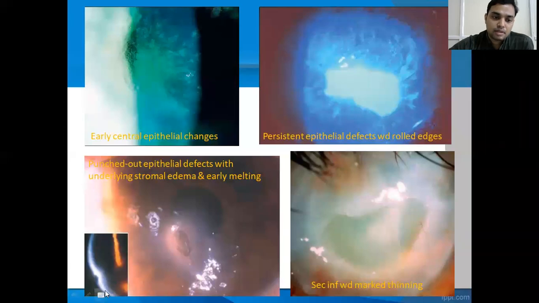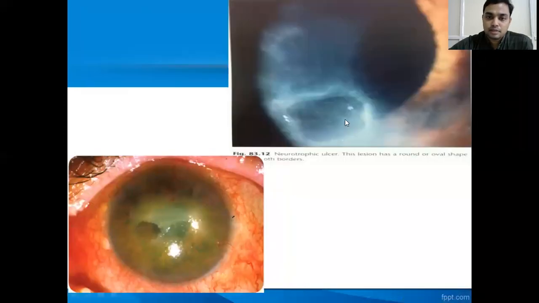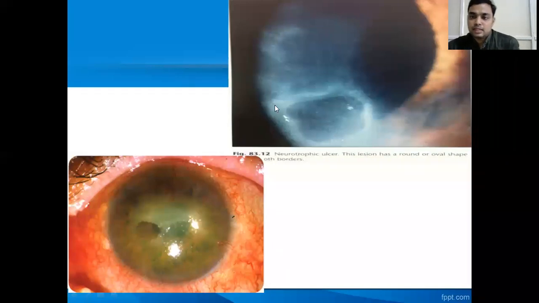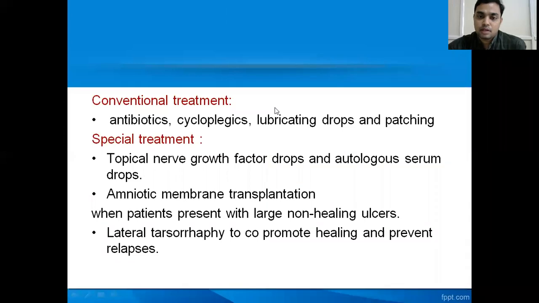This is a slit lamp picture. Here we see there is a melting of the cornea. So basically, a horizontal oval looking ulcer, a sterile progressive ulcer with rolled out or heaped up edges, is seen in case of neurotropic keratitis. So in this picture, you can see a neurotropic ulcer. This is a horizontal oval looking ulcer with heaped up epithelial edges, heaped up epithelium, and it looks like rolled out edges. This is about neurotropic keratitis.